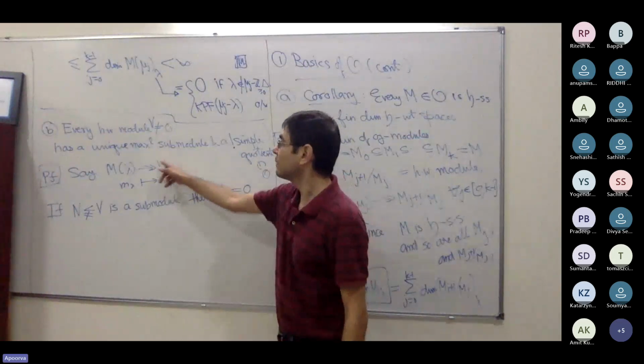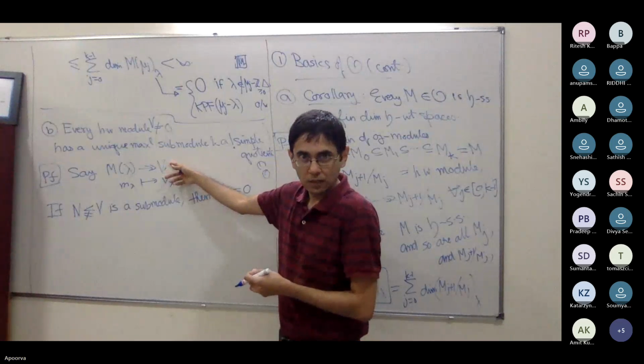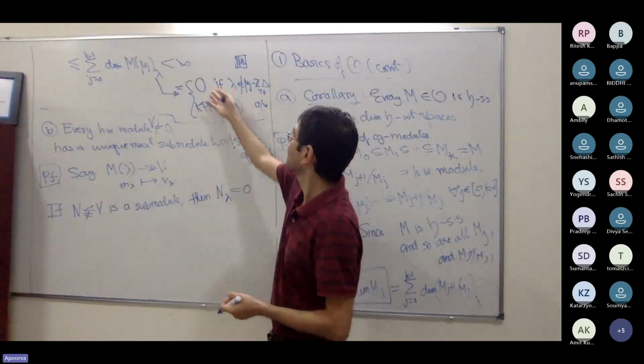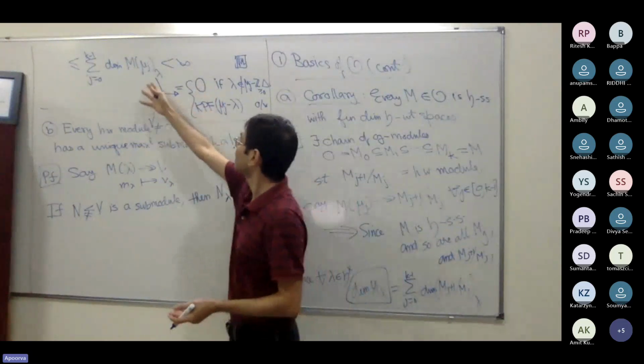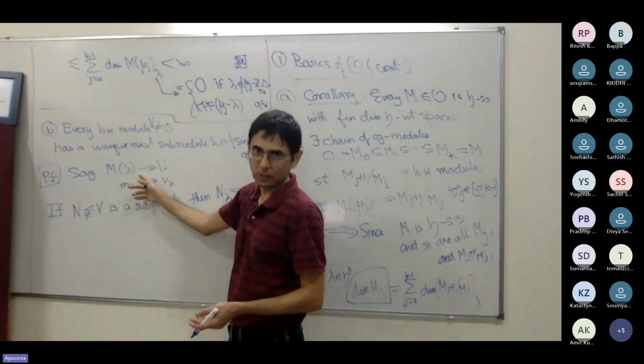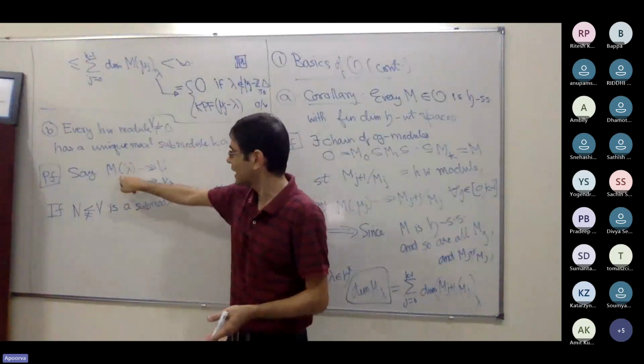Why? Because what is the dimension of V lambda? What is the dimension of the highest weight space? That we have seen. It's at least 1 because this vector is there, and it is at most the dimension of M lambda's lambda weight space. But by the constant partition function, you can figure it out. This has a unique